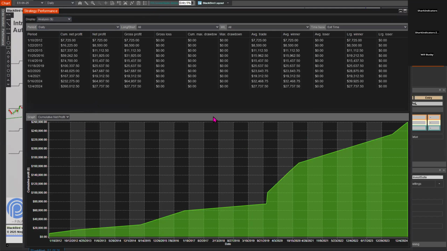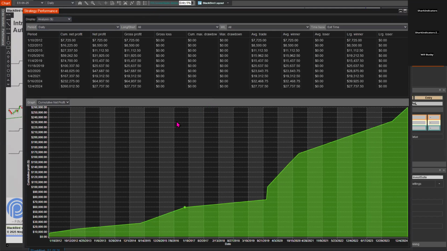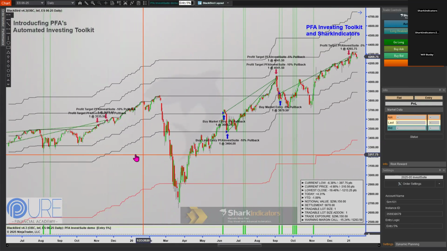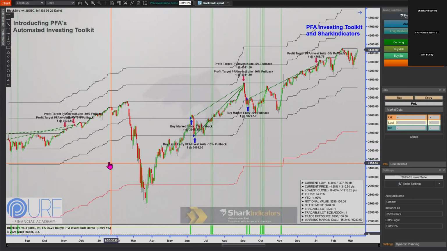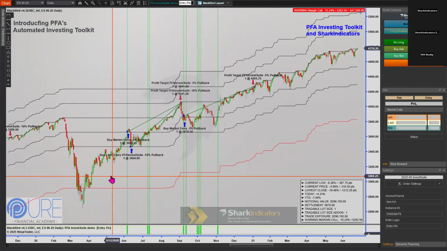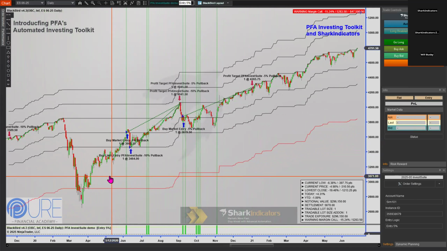I think this is important to display because of using this as an entire solution. So you combine the power of Bloodhound, you're getting your signals, of course with the combination of PFA Invest Suite, and then you combine the power of Blackbird. Now you have a full-blown automated solution. But what can you do with that? What this allows you to do is harness these products in conjunction with the strategy, back testing results and so on, so you can spit out super